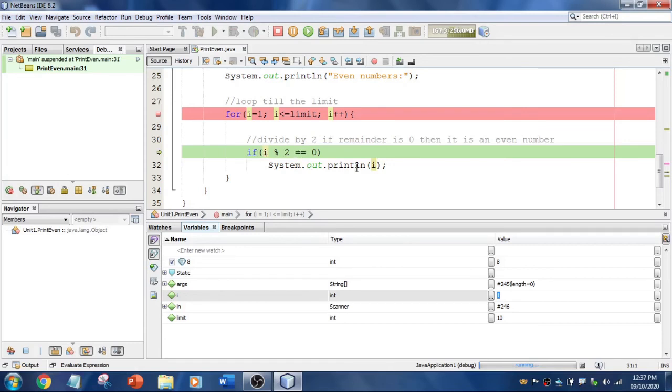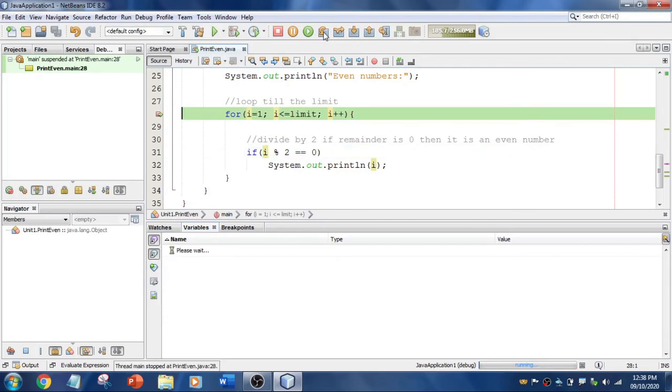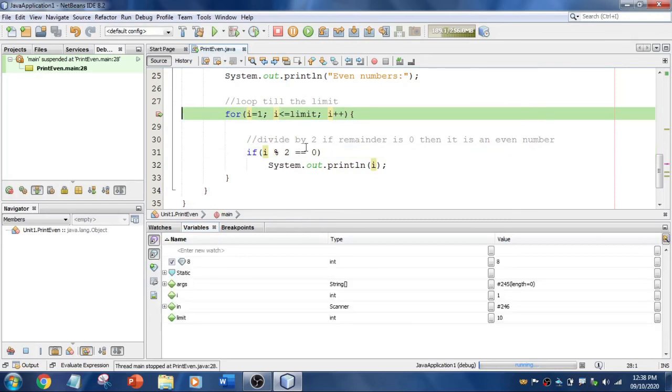If it is true then the I value will get passed here, then it will print; if not it will go back. If this condition is satisfied, then this green colored row will come to this line. So I mod 2 is not true, right? So it didn't come to this line, it just jumped back to this for loop.